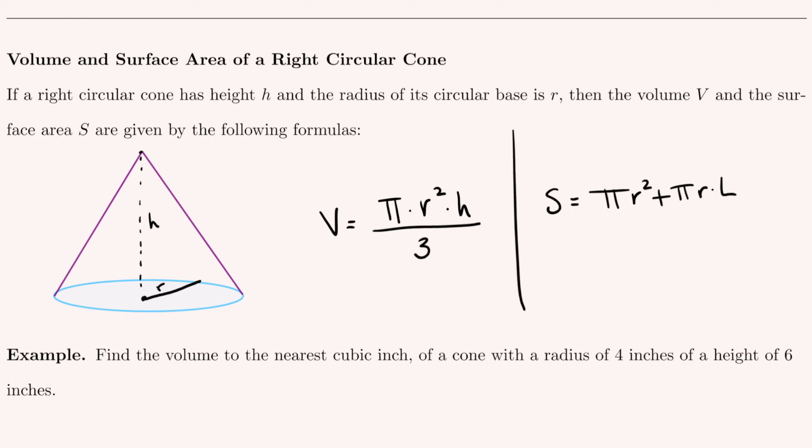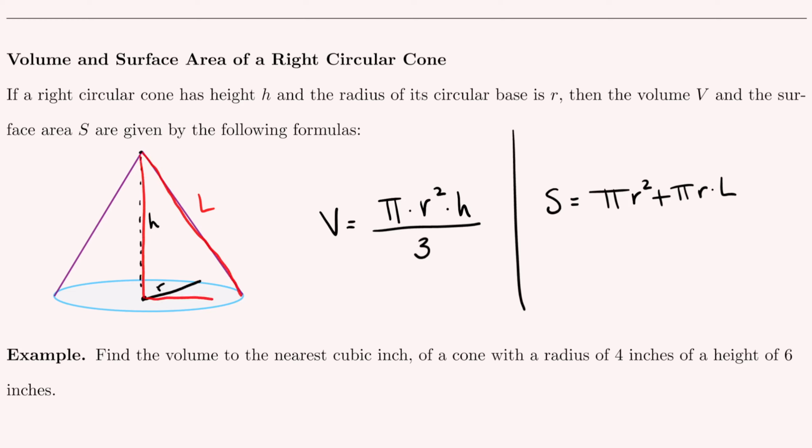Pi r squared, we know that pi r squared is the area of the circle. And then to figure out the area of this outside portion of the cone, that comes from pi r times L. Now what is L? This L is this distance here, which if we visualize carefully, we can see happens to be the hypotenuse